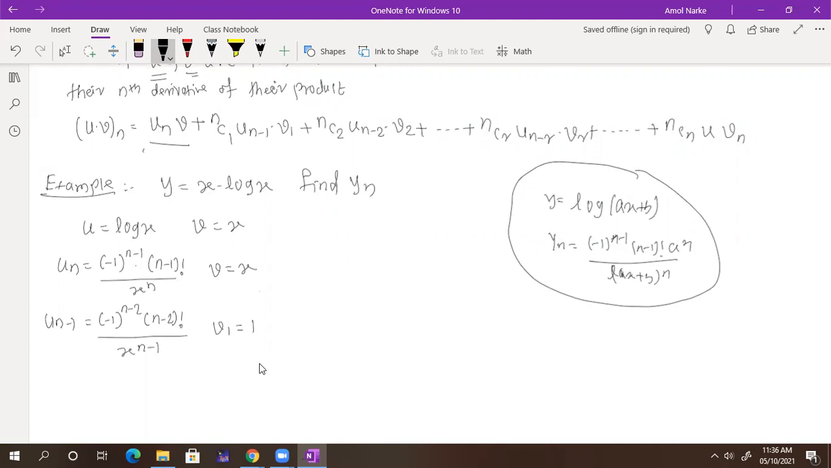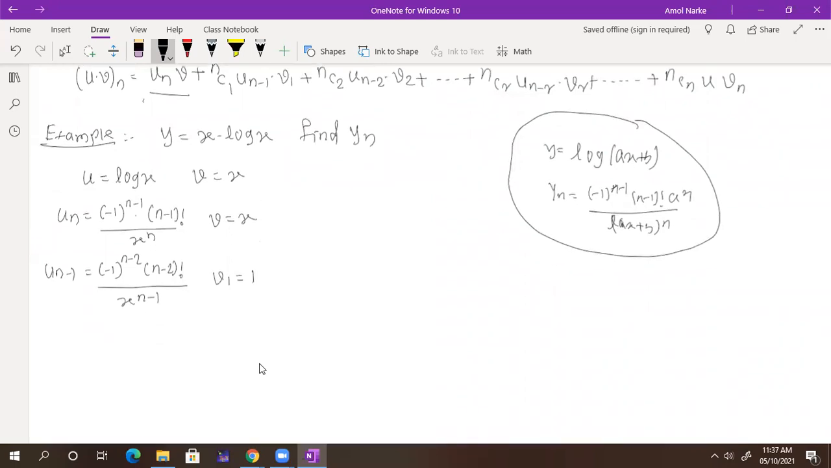What is next? Can I calculate the next term, or will I stop here? So next term will be automatically 0. Next term onwards, all terms become 0. Why? Because V1 is constant, so V2 is 0, V3, V4, V5, all terms become 0. Okay, so write down then yn is equal to